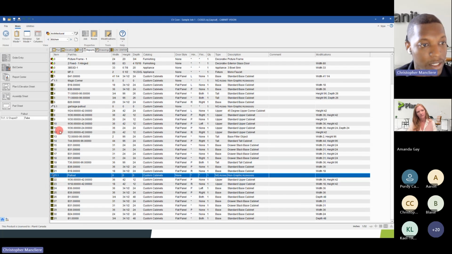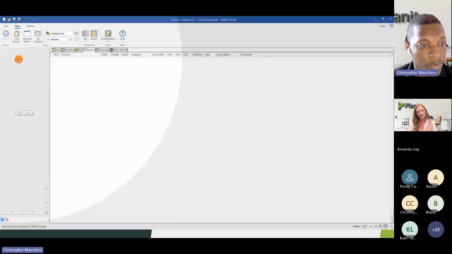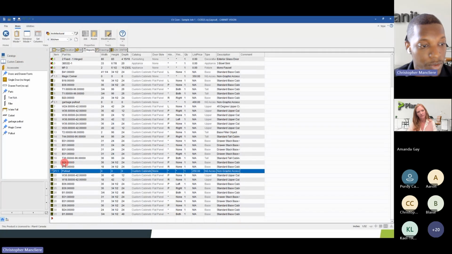You can also add accessories directly in the order entry mode. So when you're in the report view, you have an order entry button. And here you can just stay in this view and quickly drag and drop your accessory wherever cabinet you want. If the accessory is not necessarily tied to a specific cabinet, and let's say, just as an example, I wanted to add a pullout